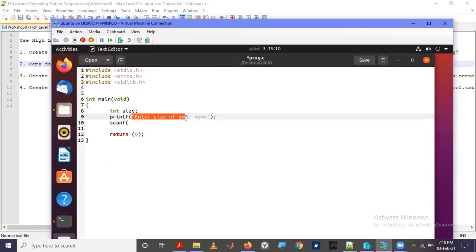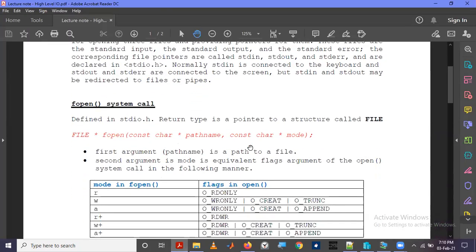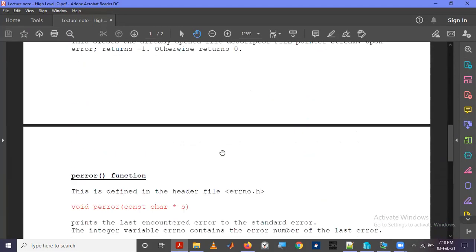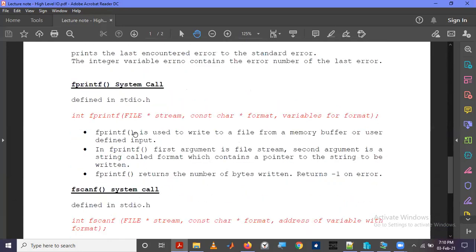This is what we call the format in printf. In printf, this file pointer is not there. And if there are variables in the format, then you have to pass the variables. In this case, there were no variables, so we are not passing any variable.